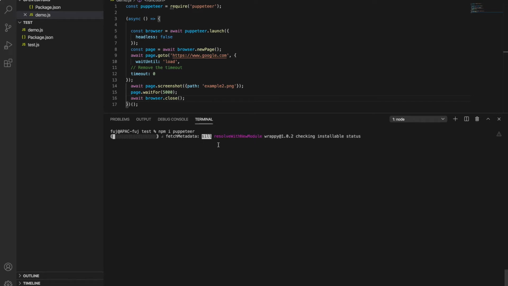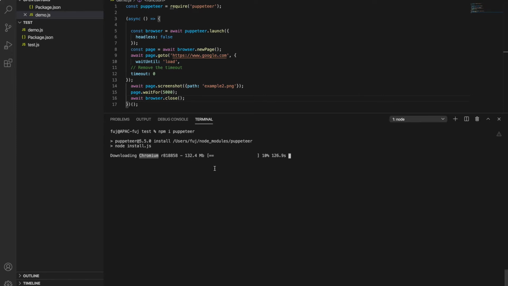You can see it is fetching metadata, and after that it will also install Chromium. To work with Puppeteer you require the latest Chromium version, which is 132.4 MB. This is optional: if you already have the latest Chrome browser, then you must already have Chromium as well.